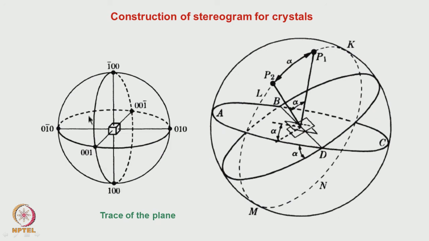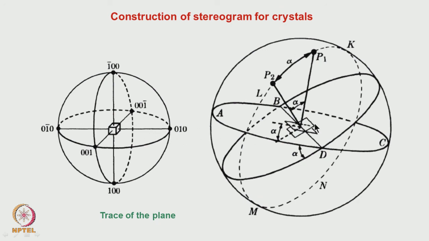The curve on which it cuts will always turn out to be a longitude or latitude, and this, as we discussed in the last class, we call the great circle. So the great circle is nothing but the cut section of the plane on the sphere, and this is essentially what is being shown here. This is a small plane, that section which is cutting and creating the longitude, the great circle, and the normal to it is the pole.